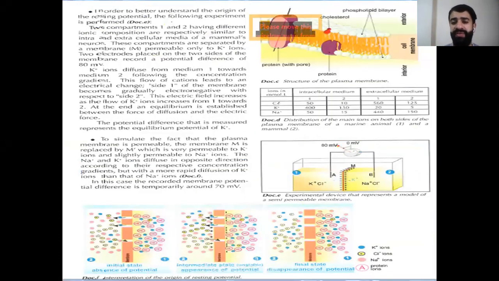Also, we talk about the selectivity of the membrane for the different ions like K plus and Na plus that are transferred according to diffusion or according to the concentration gradient, active transport, passive transport. What is the source of energy? That is the ATP, phosphorylation of ADP into ATP, and we'll talk about this. Talk about the difference in the concentration of the ions in the intracellular and the extracellular medium in document D between two animals, between a marine animal, intracellular and extracellular, and in another animal, which is the mammal, intracellular and